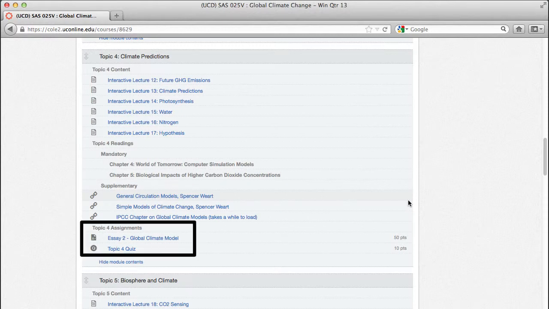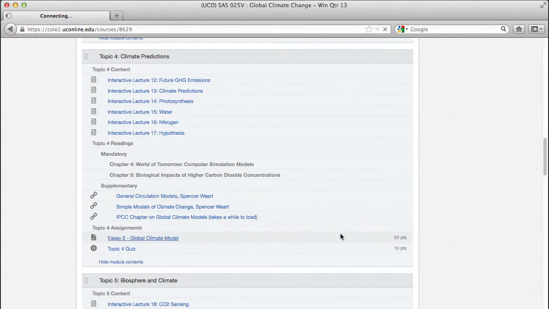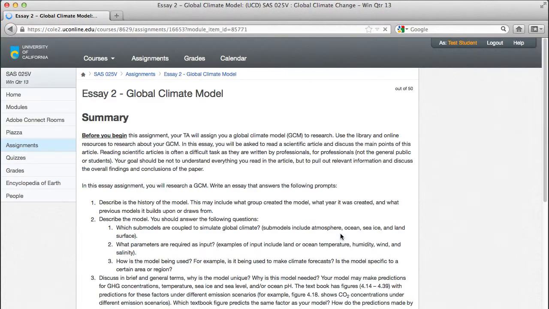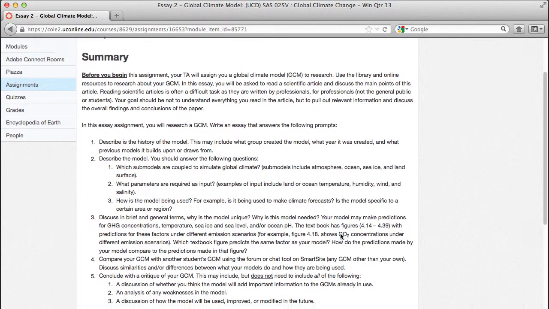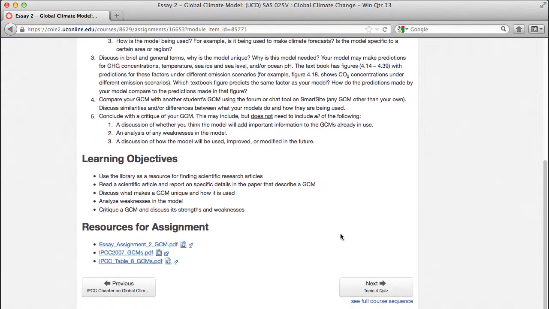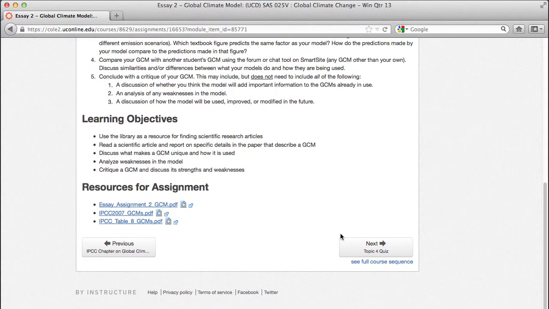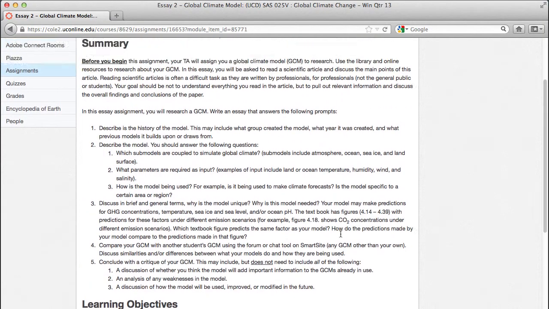The assignments area provides links to the graded areas of the course. Each topic features either an exercise or essay assignment, with the essay usually building upon the activity you completed in the previous topic's exercise assignment. Each topic's assignment page spells out what to do, when to do it by, and provides a link to the class assignment tool to turn it in. You can also access assignments by choosing the assignments tool on the left menu if you prefer.